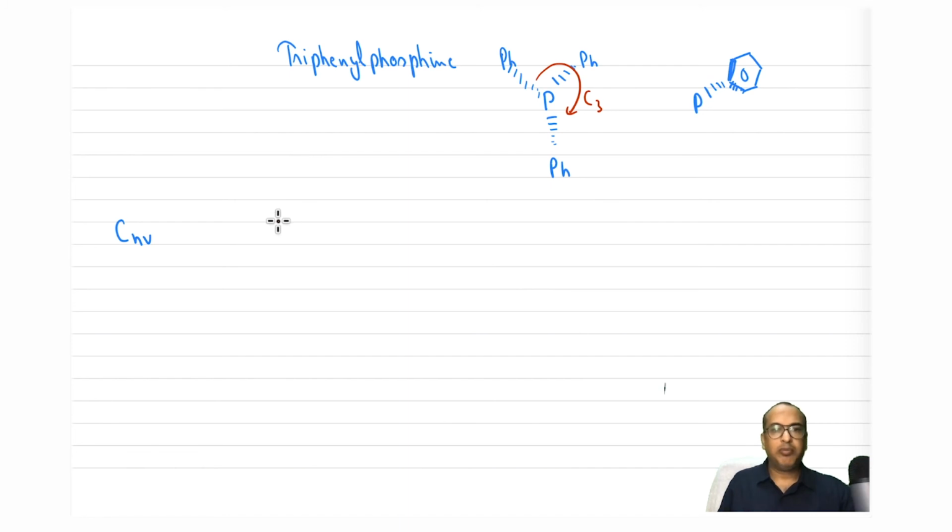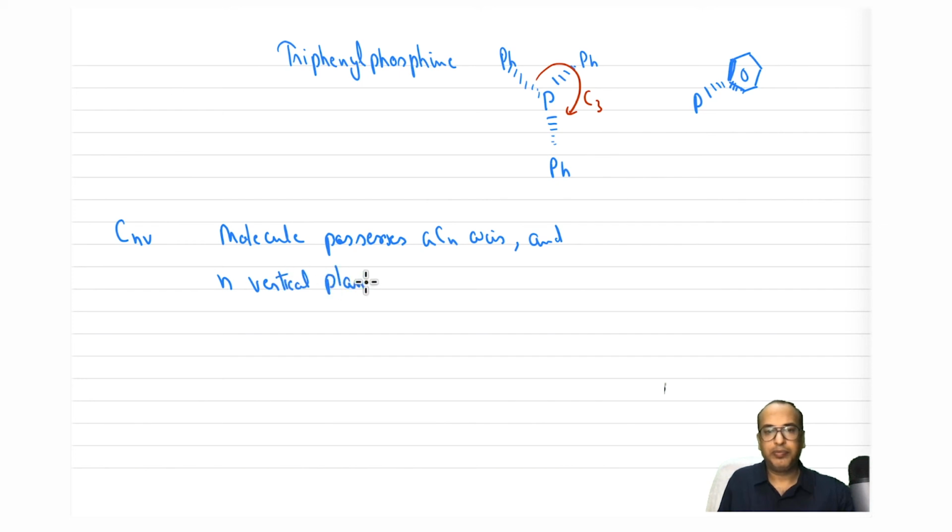So here the molecule possesses a Cn axis and n vertical planes that are collinear with the Cn axis.